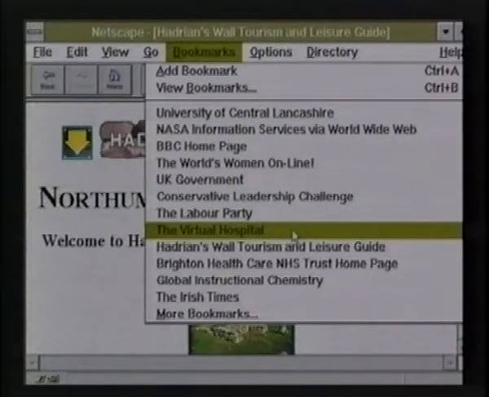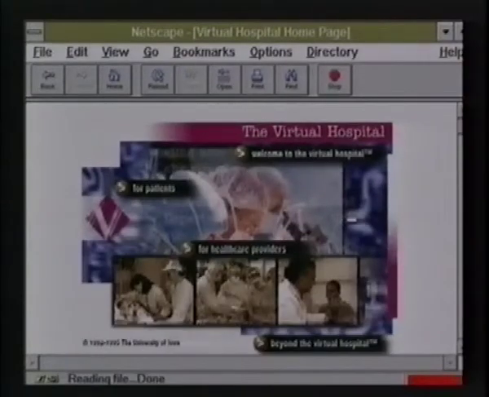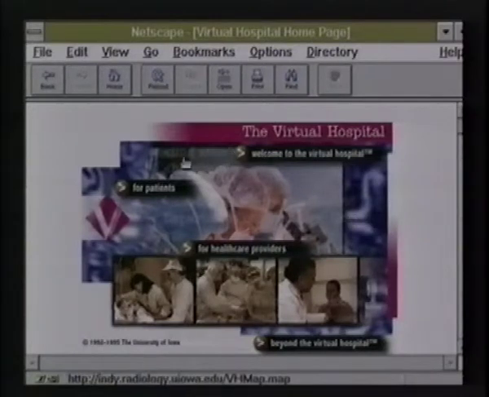The hospital issue that was picked up this week in the blaze of publicity with the Labour Party. This is a hospital, well, it's a teaching hospital in the States, in Ohio. And you can't see this here, but it says the virtual hospital. And it's a teaching hospital which has created this website for its students and for its patients. If I click on this area here that says for patients,